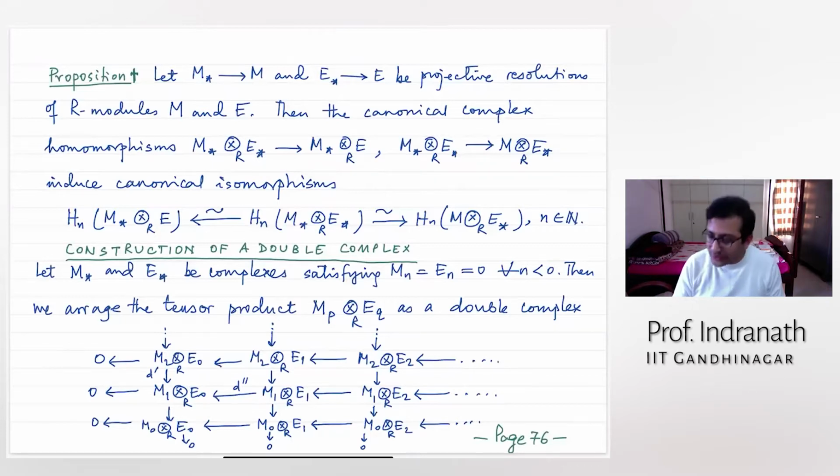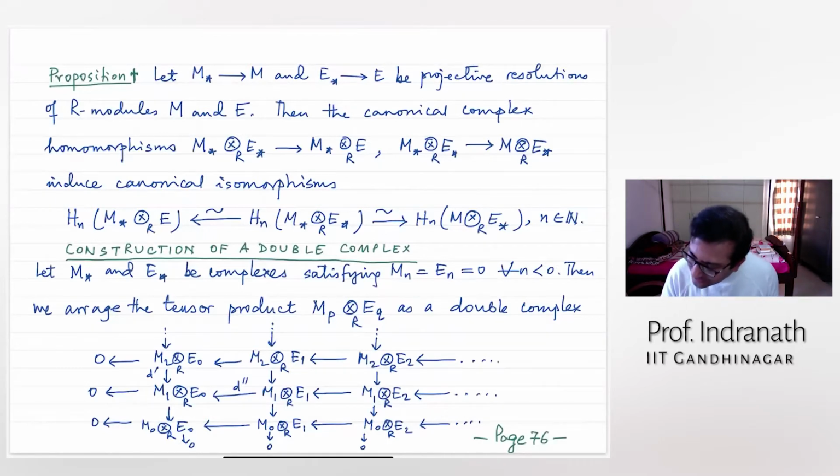Now, this proposition, since you are dealing with two resolutions simultaneously, I said that it requires a construction of a double complex. One feels tempted to do some hand waving and say it can be done. But it is also true that whenever you are running this kind of argument, there's a huge chance that you might go wrong. So we should at least discuss the major steps, and then you will be able to see how to go about it.